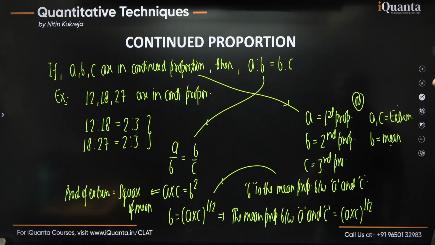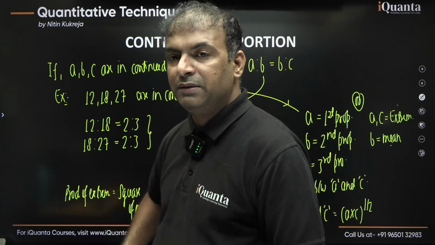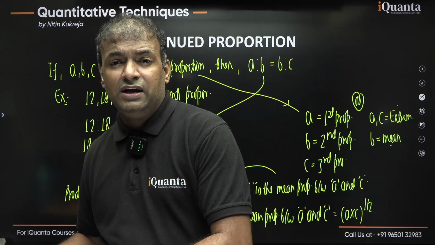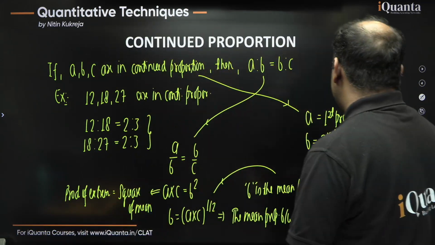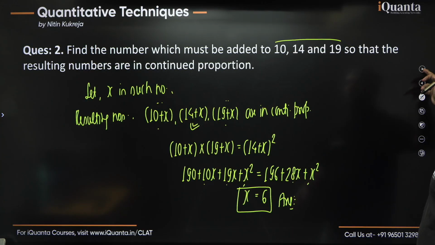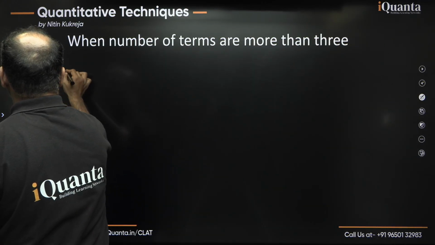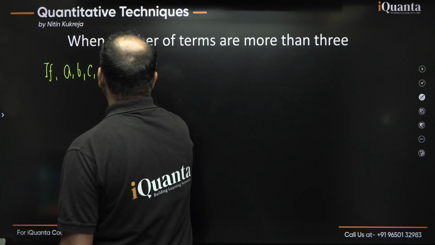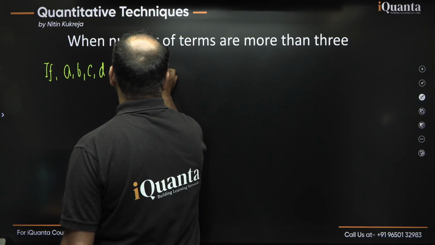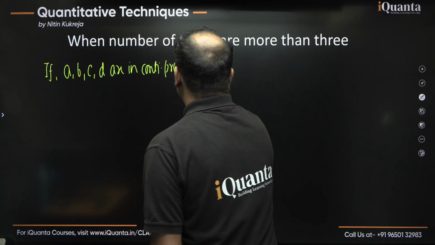The logic of continuing proportion is that the consequent of the first ratio becomes the antecedent of the next ratio, and the same thing will continue. So we can just apply the same logic here. Suppose we have 4 numbers in continued proportion. Let me write this. If a, b, c and d are in continued proportion, then we can say that